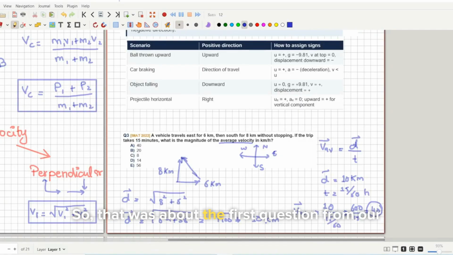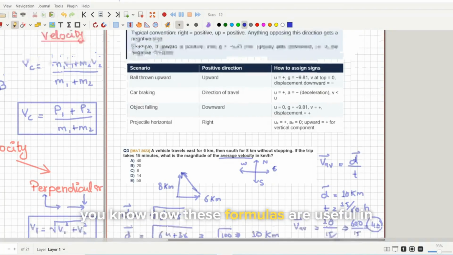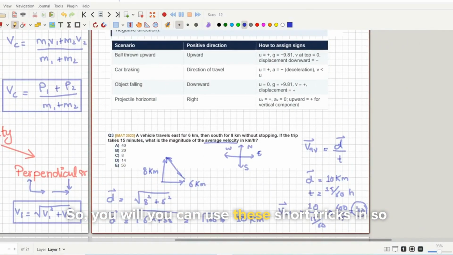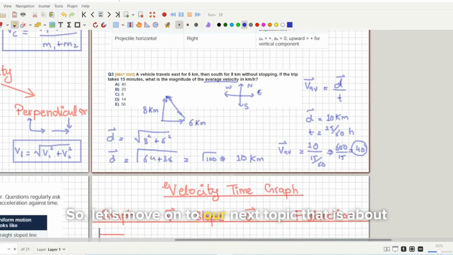So that was about the first question from our past papers that you need to study, and now you know how these formulas are useful in IMAT exams. So you can use these short tricks in so many MCQs for the IMAT exam. So let's move on to our next topic,